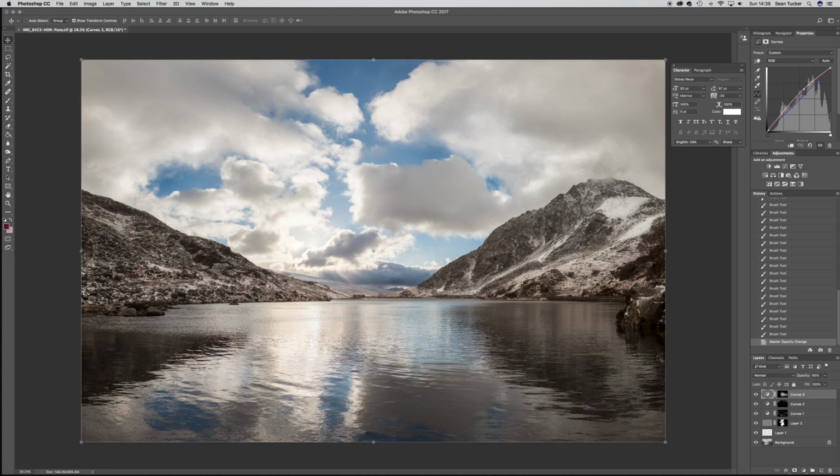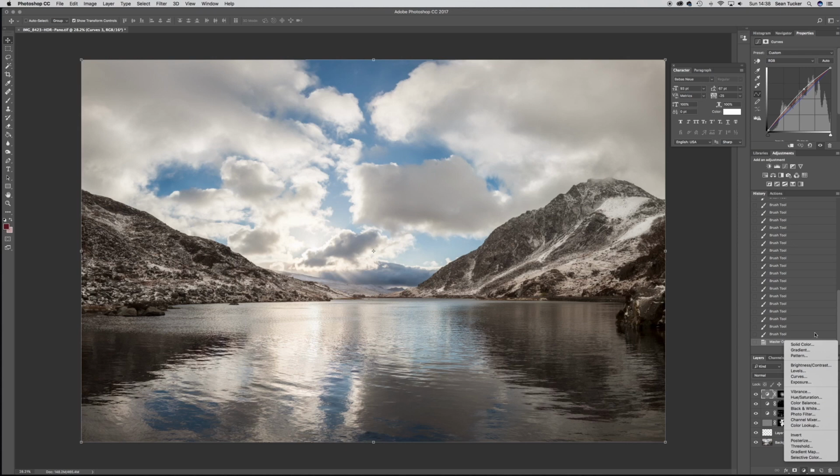So if I hold Alt, just so we can see what we've done, if I hold Alt and press the little eye icon next to our background, you can see what we've done already, just to sort of make things pop a little bit more. Now, just to sort of round it out, this is a very quick edit. I probably spend a lot longer on this than I am now, but just to show you some quick techniques,